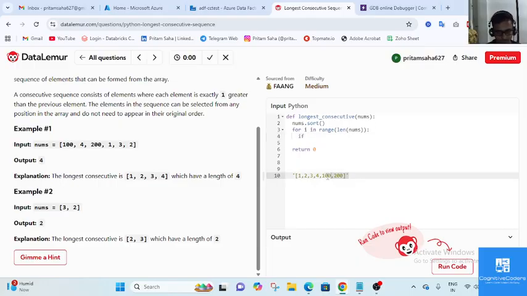Once we get this array in sorted format, then for i in range, i would be each and every index of this element. Then we will check whether the elements are consecutive or not. So for checking that, this would be my condition. For i equals 0, nums[0] means 1 should be,